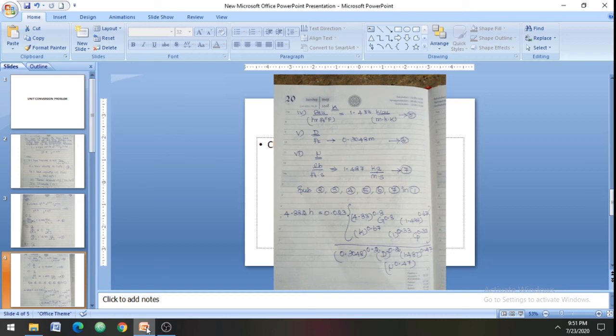Finally, viscosity mu, pound per foot second, is converted into kg per meter second. So you see here the pound is a mass unit in the FPS system. In terms of the SI system, the mass unit is kg, foot is meter, and second has no change. Very clear? Okay. So this way we convert from one system of units to another system of units.